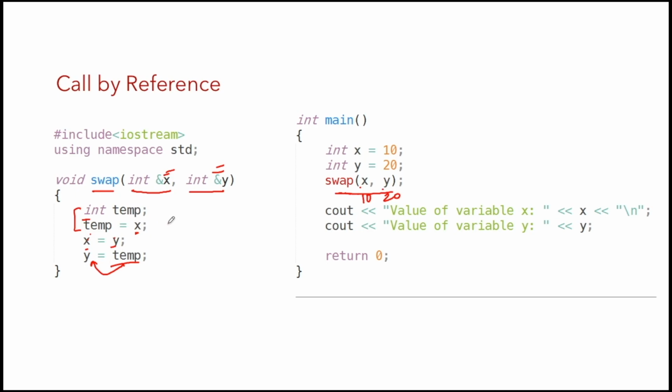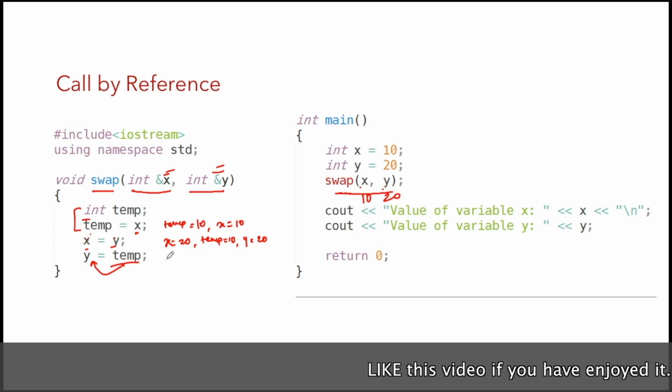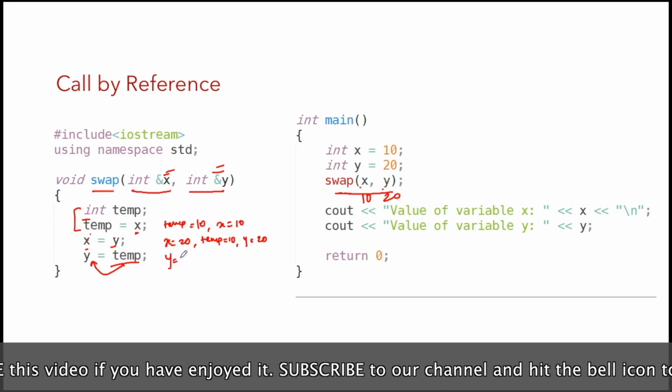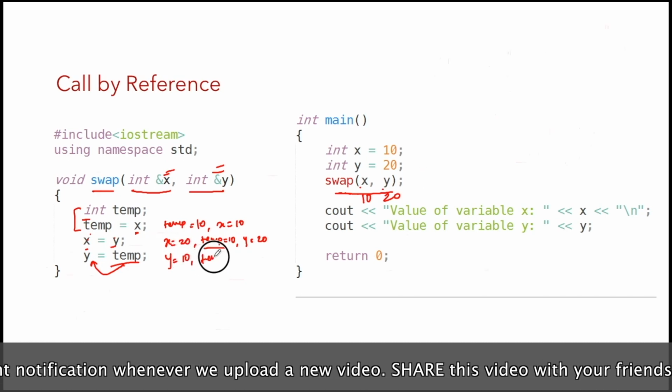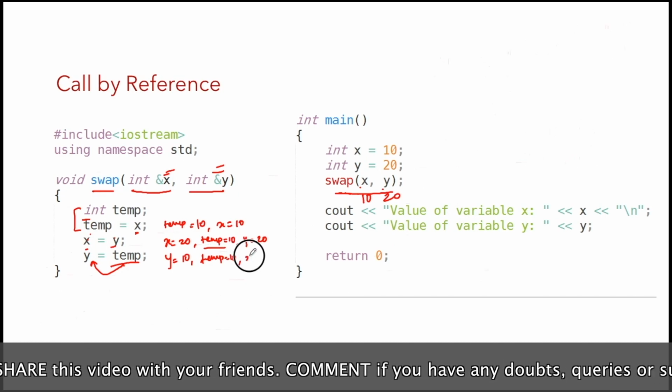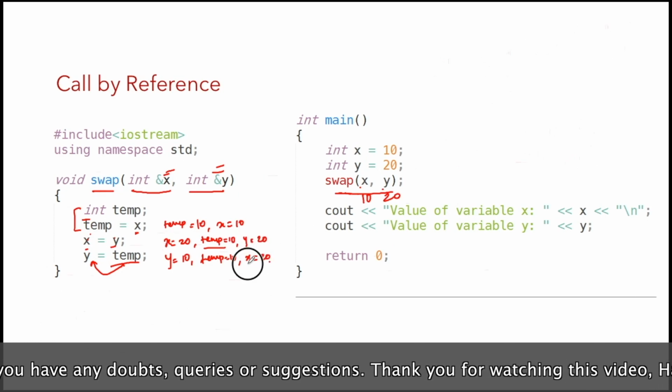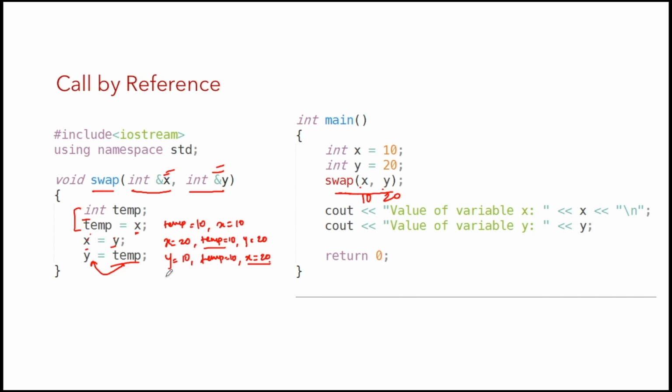So in the first step, temp will become 10, x will remain as 10. Then after execution of the next statement, x will become 20, temp still is 10, and y is still 20. In the final statement we are replacing y with the value of temp, that is 10, and temp still remains as 10, and x is already changed in the previous statement, that is 20. So if you notice, after execution of the last line, the values of x and y